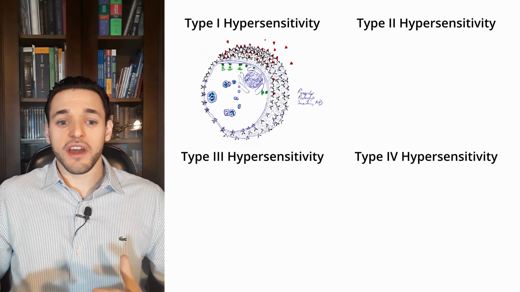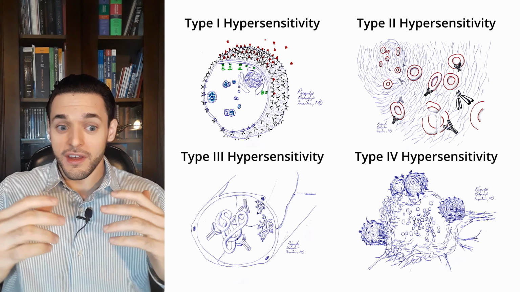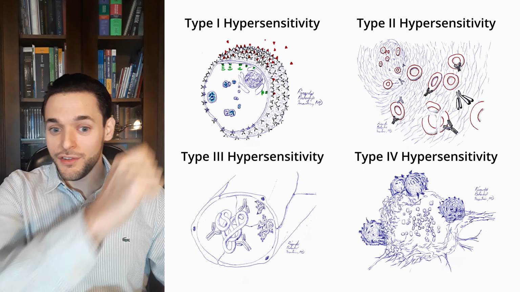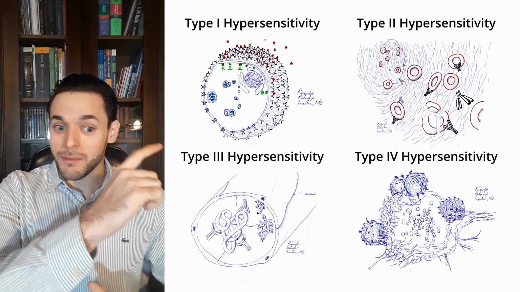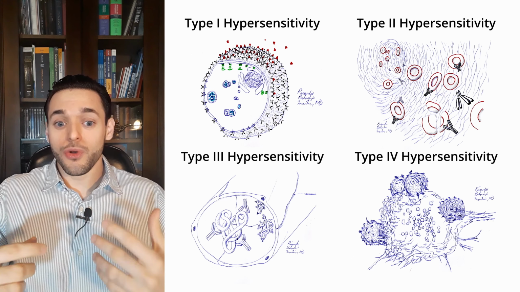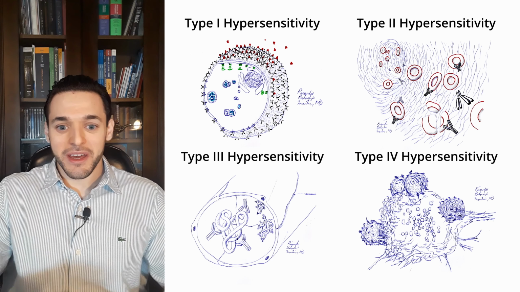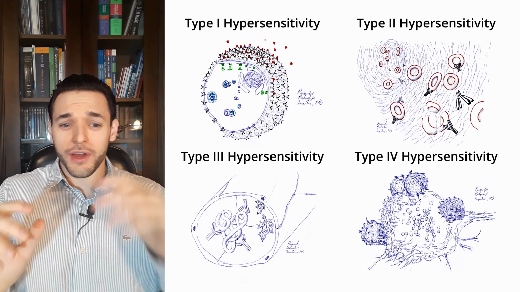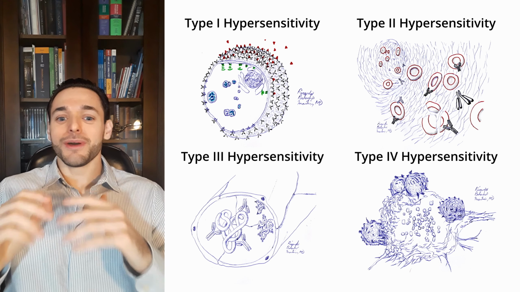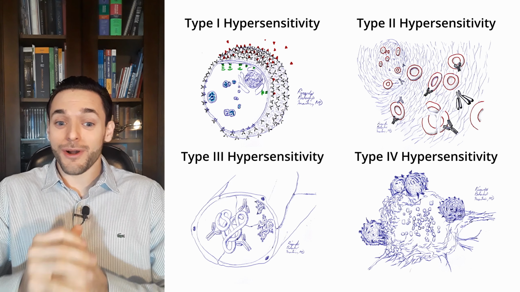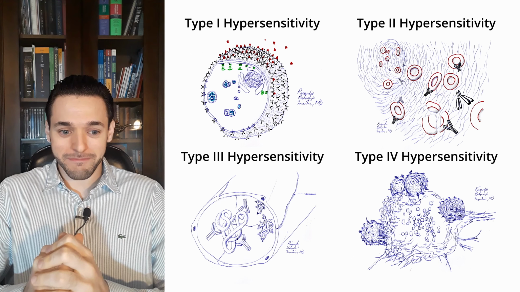So, once more, in types 1 and 2, we have immunoglobulins, aka antibodies, as an effector mechanism causing damage to tissue. In type 1, this immunoglobulin is IgE, and in type 2, they are IgM and IgG. In type 3, we have immune complexes causing the damage, and in type 4, we have cells causing the damage. If you can memorize this, you already know the most important thing about hypersensitivity reactions, and you can answer more than half the questions on this topic.